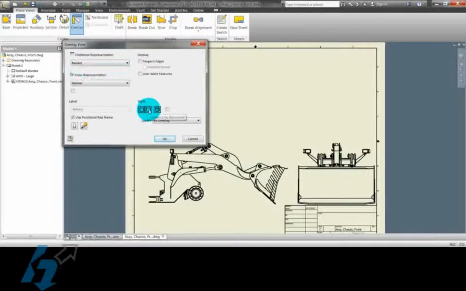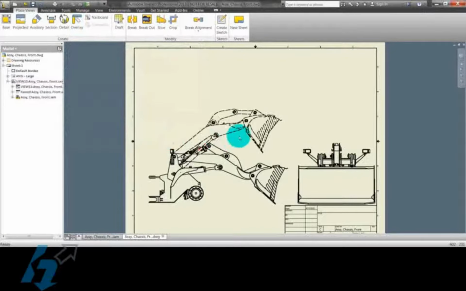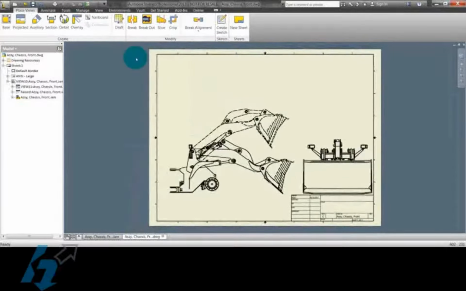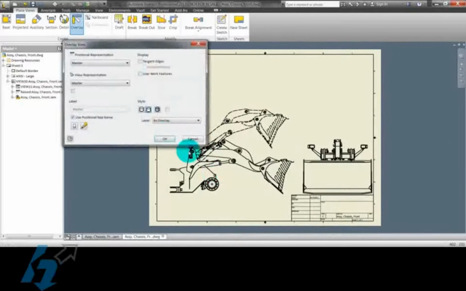Now I can control the style of the view. Shading on, shading off, show the headlines, or elect to not show the headlines. Select OK. Then I get to see the boom arm and the bucket in the raised position. I can repeat that process for as many positional reps as they have or need, and I can show this